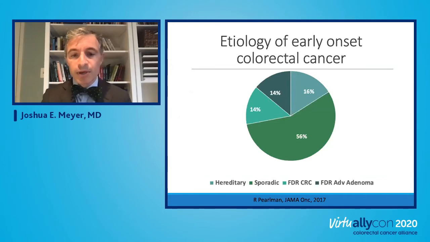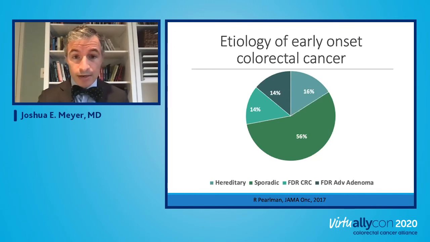If we look at patients with early onset colorectal cancer, what we find is that it's a minority of patients who are being diagnosed with this because they have a hereditary condition. It's approximately 14% or so that's hereditary. The majority is actually sporadic, meaning there is no family history of cancer. And then there's another 15% or so that have either a first-degree relative with colorectal cancer or a first-degree relative